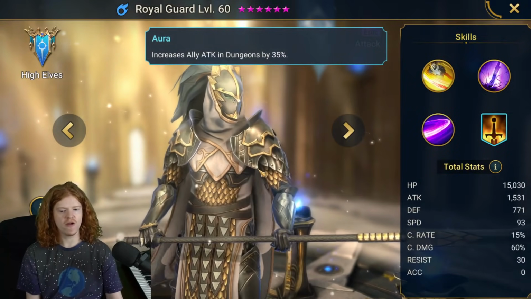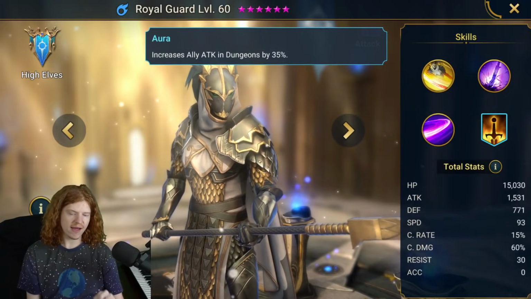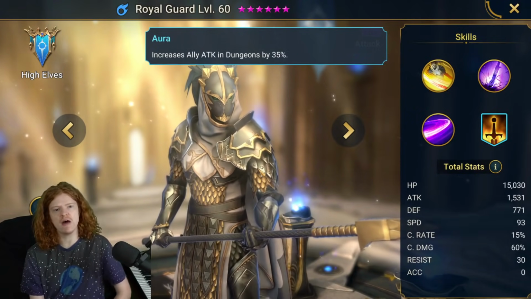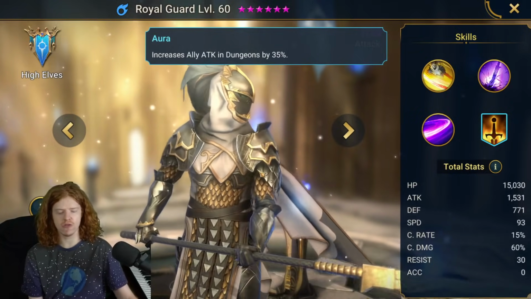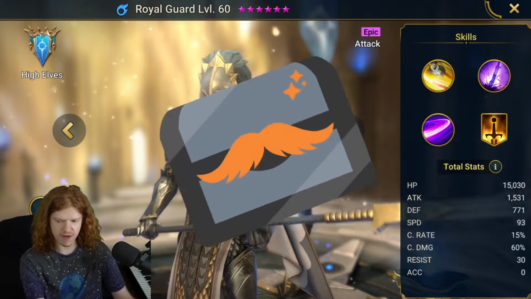He also has the best in game for epic increase ally attack in dungeons by 35%. This is only really squeezed out by a few legendaries, and some legendaries actually have a worse ally attack in dungeons, for instance, Lead. So for this reason, actually a pretty big fan, and real fast here, we have a